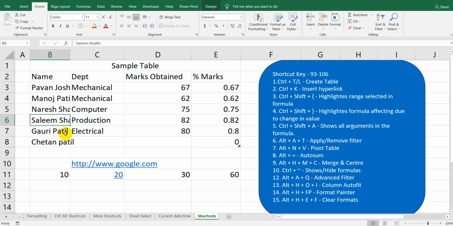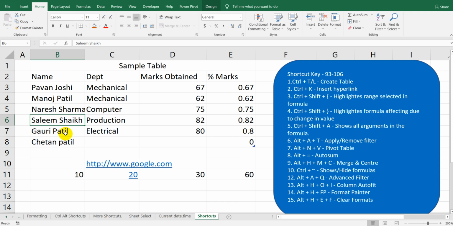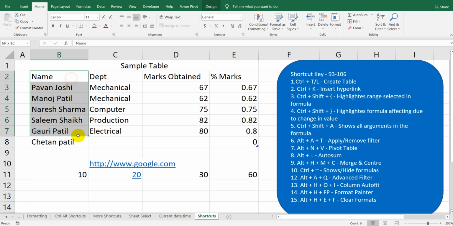So again Alt H O I, so you can auto fit the specific cell for that column.